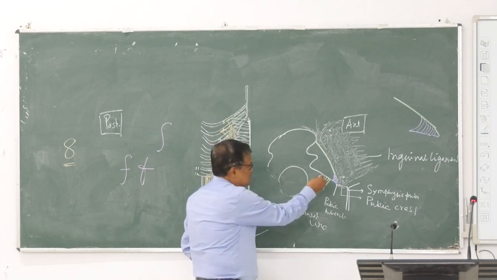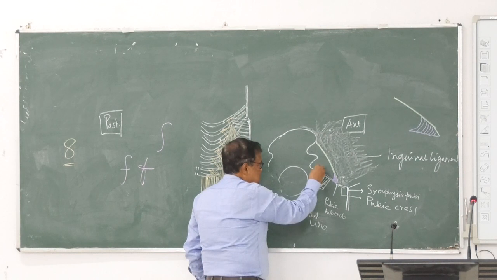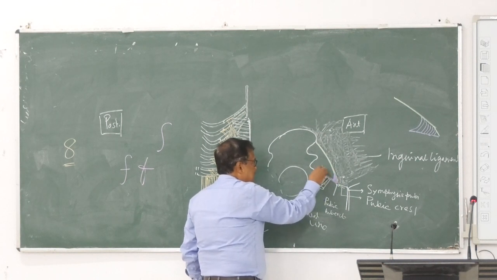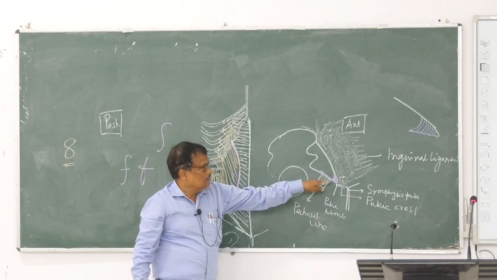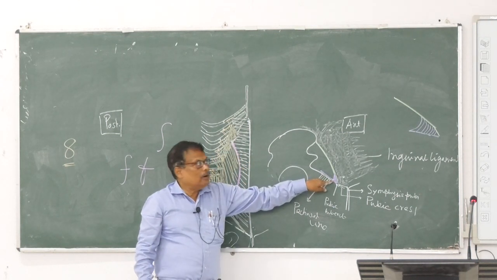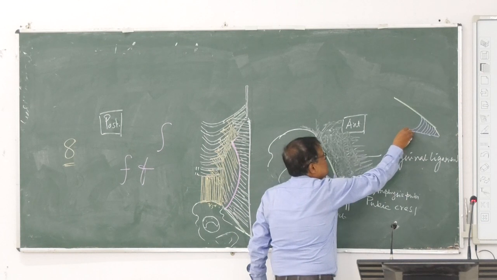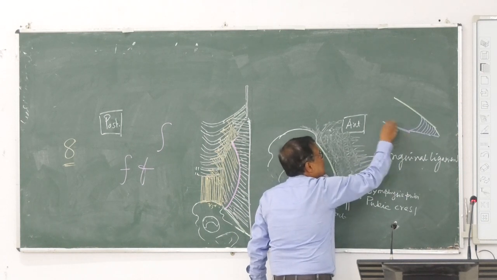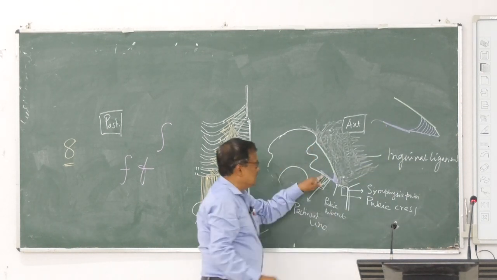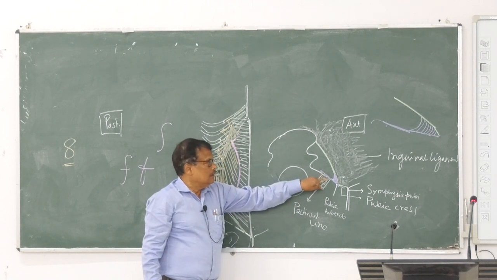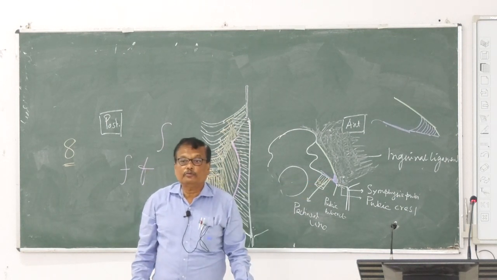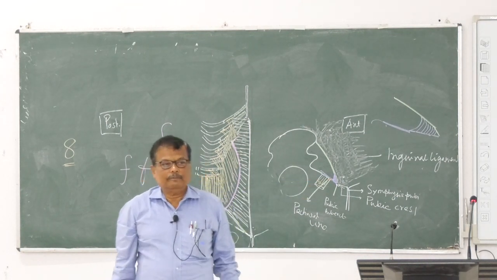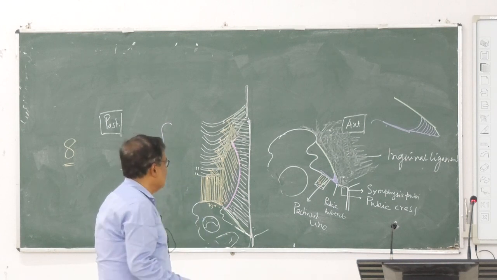Not only that, some of the fibers further proceed forward along the pectineal line up to the iliopubic eminence. Dekho, some of the fibers proceed towards the iliopubic eminence, to form a strong thick fibrous band. We call it the ligament of Cooper or pectineal ligament or ligament of Cooper.